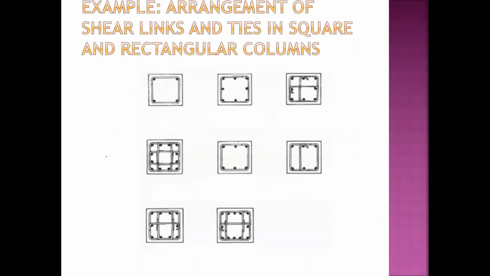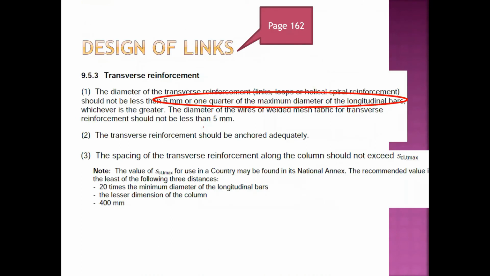This is an example of the arrangement of shear links and ties in square and rectangular columns. The dot here is the vertical bar, and this is the link or the ties. And then this is the design of the link. The diameter shall be not less than